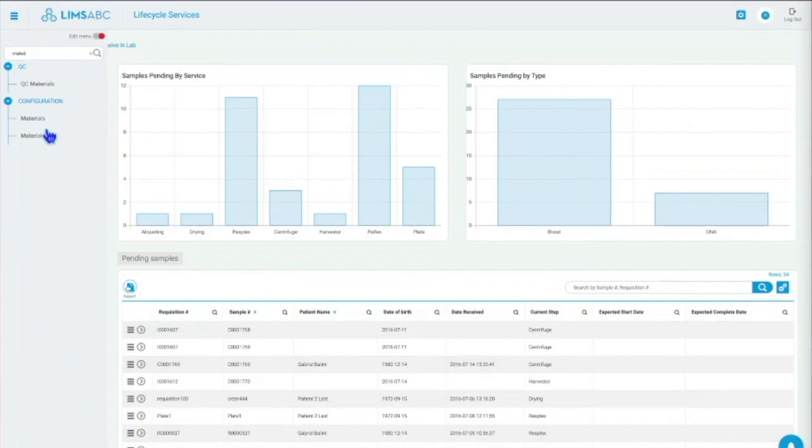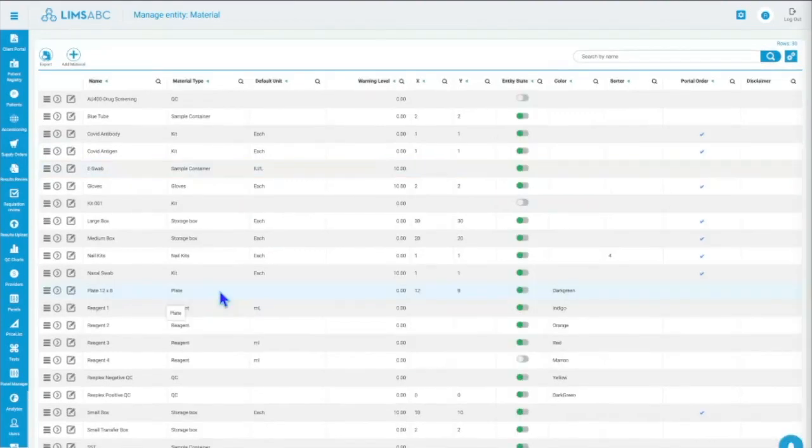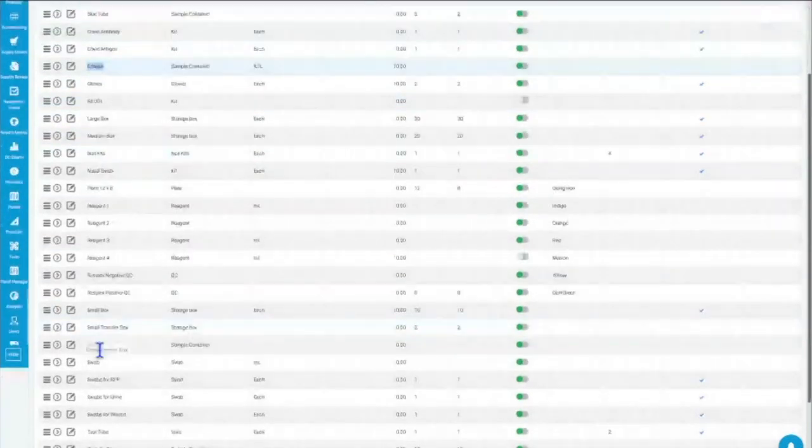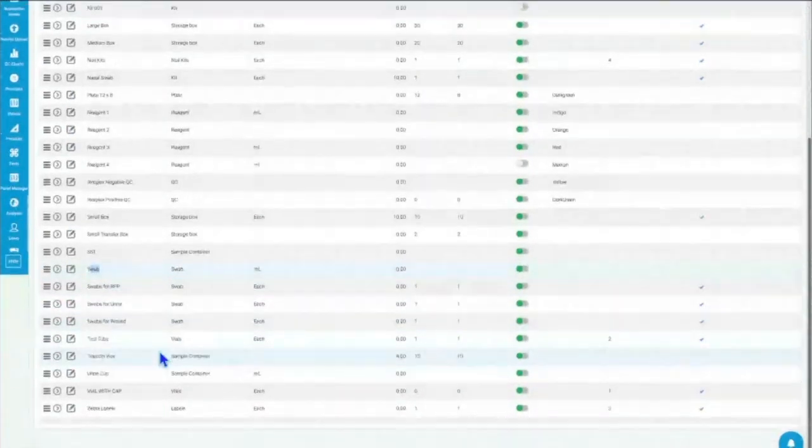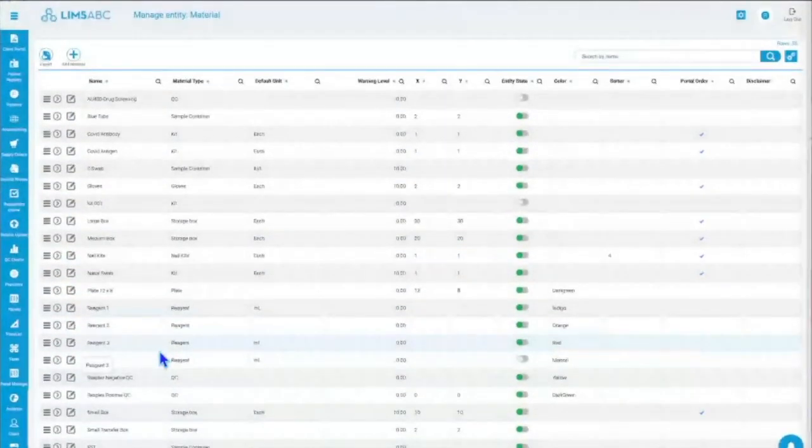So if you define a collection container for urine, a cup, let's say, that is actually a material in our material list. It could be the e-swab. For that, it's a sample container. The swab is a material. They're all materials when it comes to these collection kits. And what that helps us with is